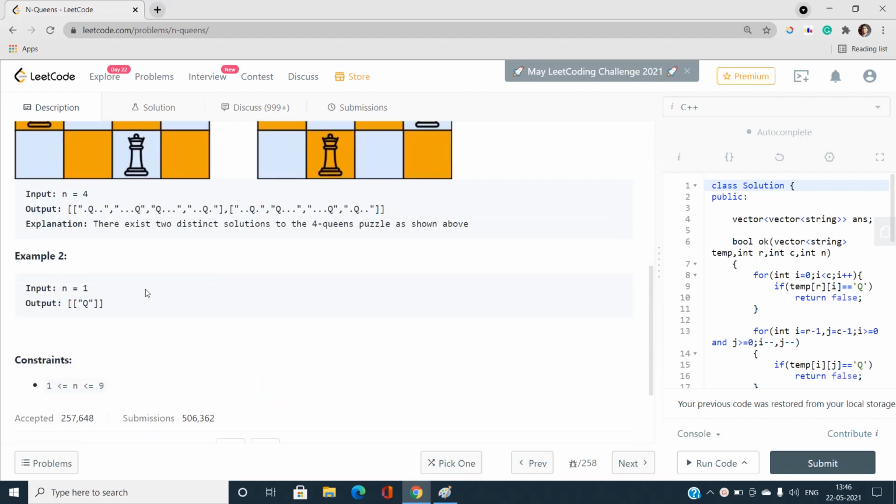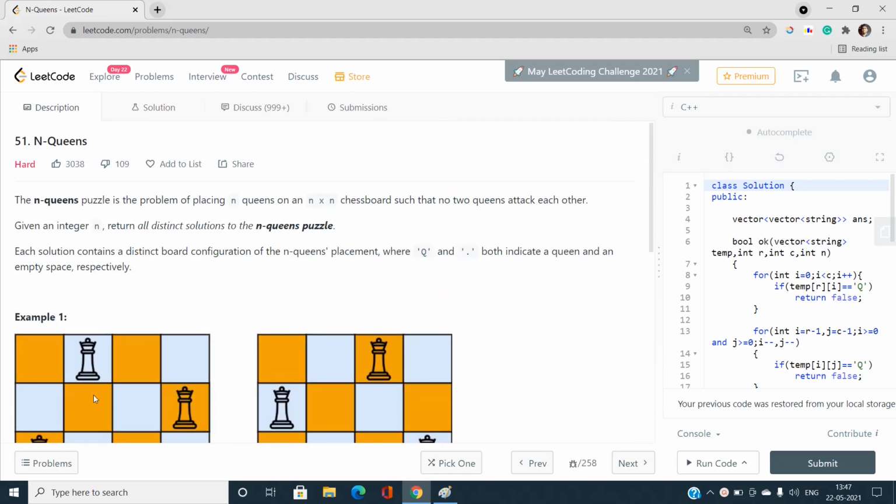Okay, since n is small, I am going to use the backtracking approach, that is, traverse all the possible cases and reach an endpoint. That is, after placing all the n queens, if these queens do not attack each other, then I am going to take this board configuration as our answer. Okay, if you still don't understand this, no need to worry, I am going to explain with the help of diagrams. And now, what should be our idea to build up this approach to solve this problem in the best possible way? So let's move further.